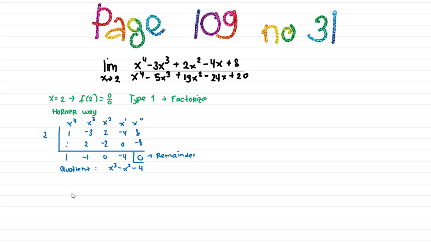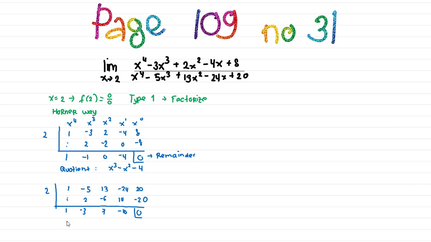For the second division, I also will write down all of the coefficients. 1, minus 5, this is the coefficient of x cubed, and then 13, and then I have minus 24 and 20, with the same root or zero, which is 2. Okay, so now this is the same. I will put it down, multiply it by 2 and place it here, and then the addition is minus 3, and then I have minus 3 times 2 will be minus 6, and then we have 7. 7 times 2 is 14. 14, so here we have minus 10, minus 20, and the remainder is 0.